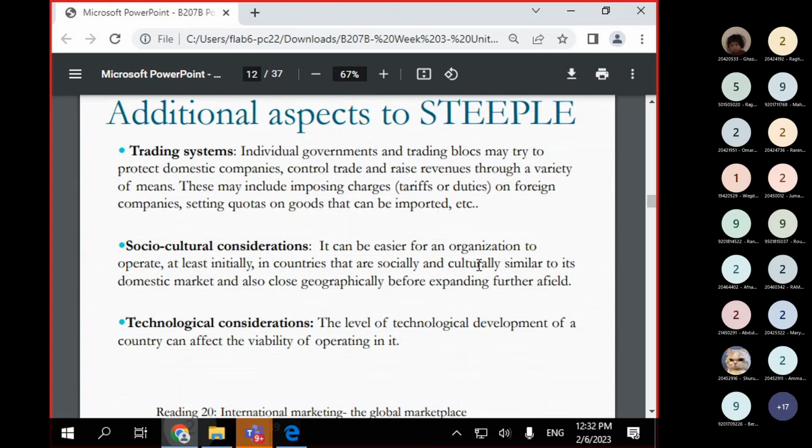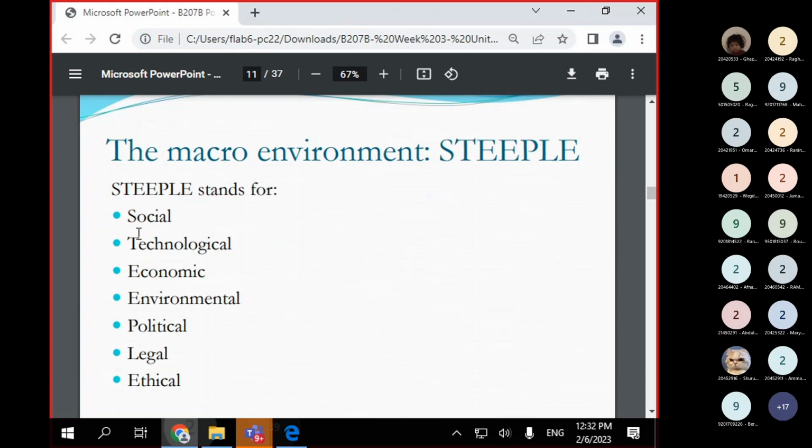So every place you want to go, maybe if you want to export your products to Dubai, okay, if there are any tariffs, which are the taxes that you pay upon entering the country, then you need to be aware of that before jumping and sending your products to Dubai, okay, or to Turkey, for example, or to any other country. You have to learn about this. So the trading system, where do you think it belongs? Does it belong to the social factors?